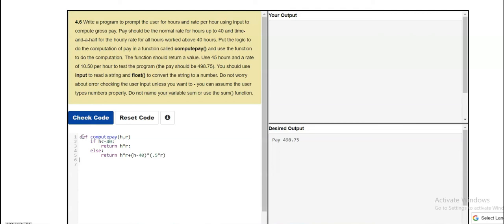Now, as previously, we have to ask the user about the number of hours and rate. So input, enter number of hours, and rate.